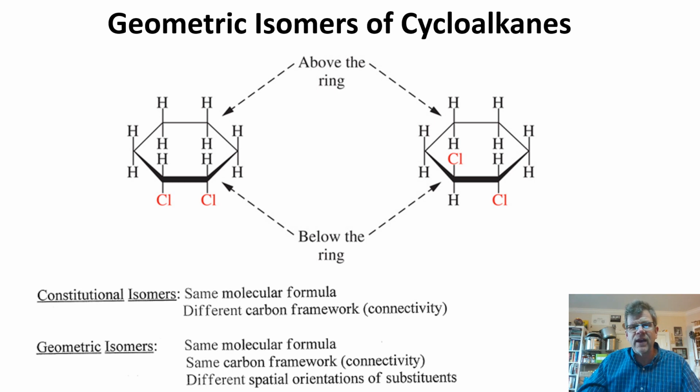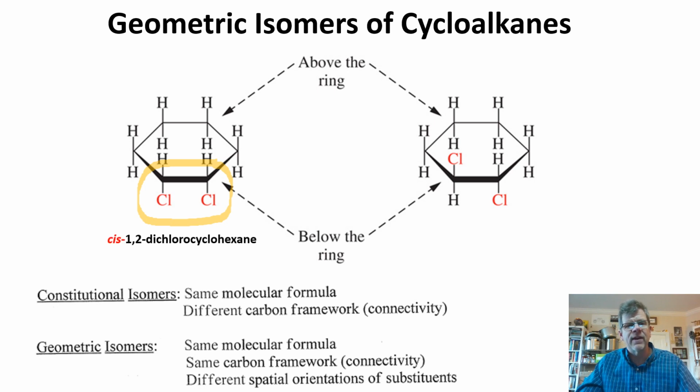Notice in this case, here we have our two chloros, which are on adjacent carbons, but they're on the same side of the ring. Well, we have a name for that. We put on a modifier called cis. If they're on the same side, we say cis. It is cis